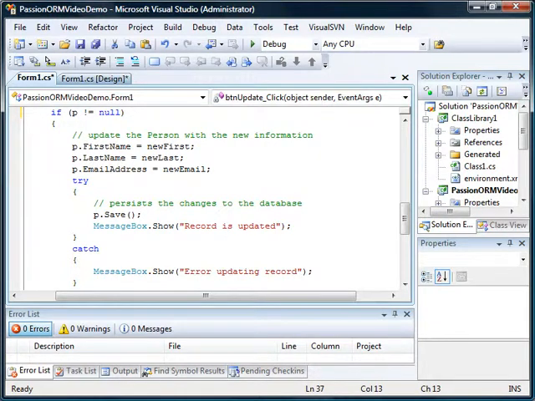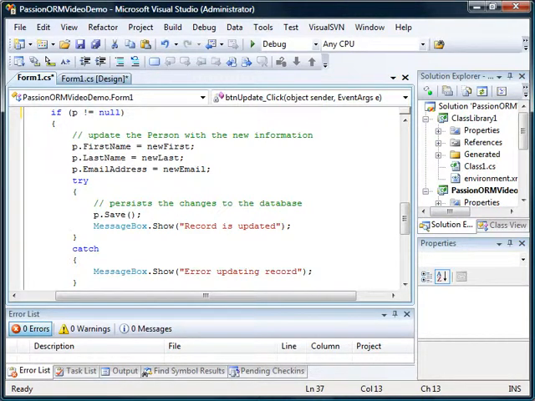The if statement checks if our try-load method returns a non-null value. If so, the record exists as expected. In the first three lines, we assign the new information to the loaded person record. The save method then persists the person object to the database, which is the same for both updating and saving